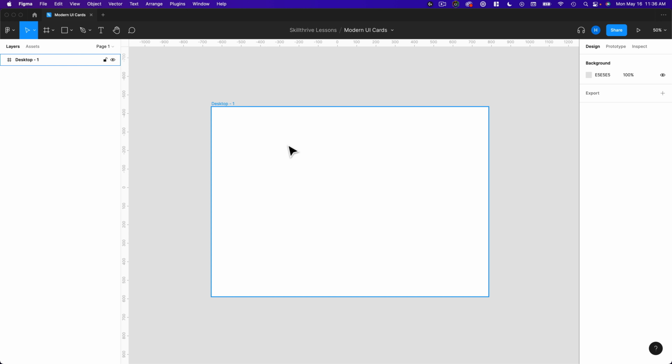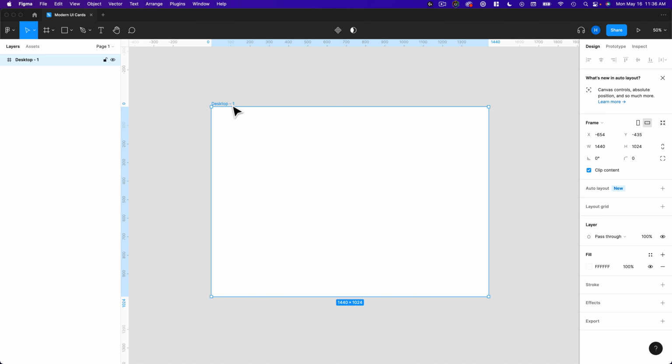And I also like to build off a 12 column grid. Now, you don't have to do this. It's just something I like to do in my designs. And a lot of times I'll take that design and actually will code it very similar with a 12 column layout in my code. So to get started to actually build that layout grid, I need to